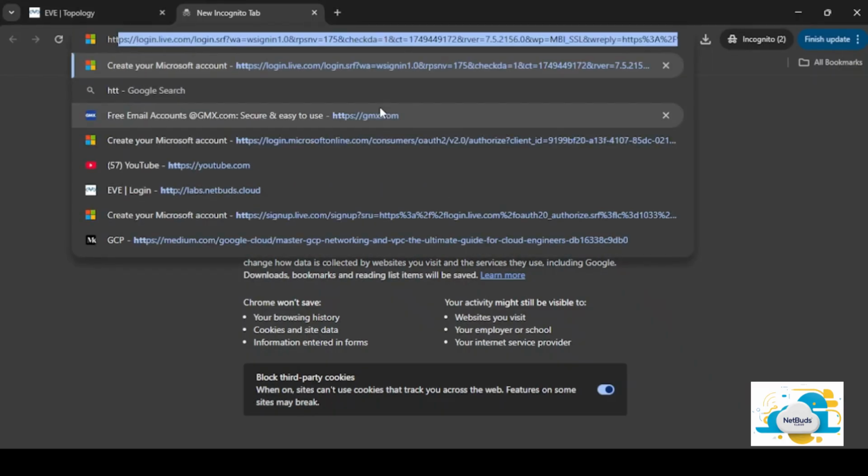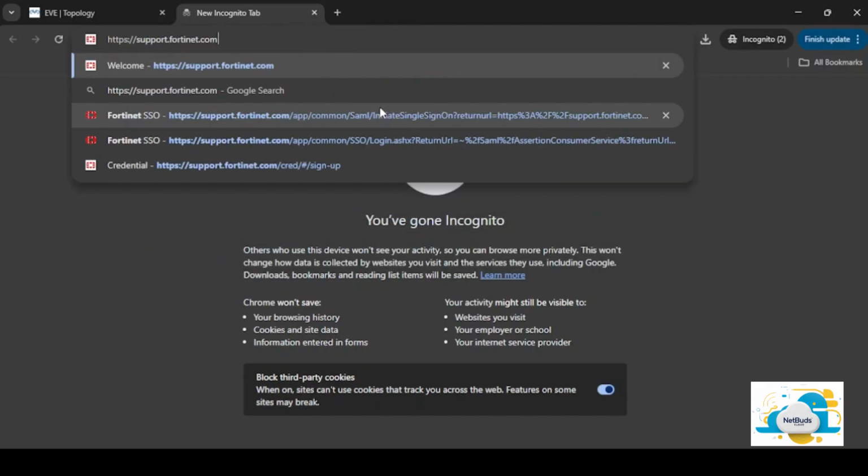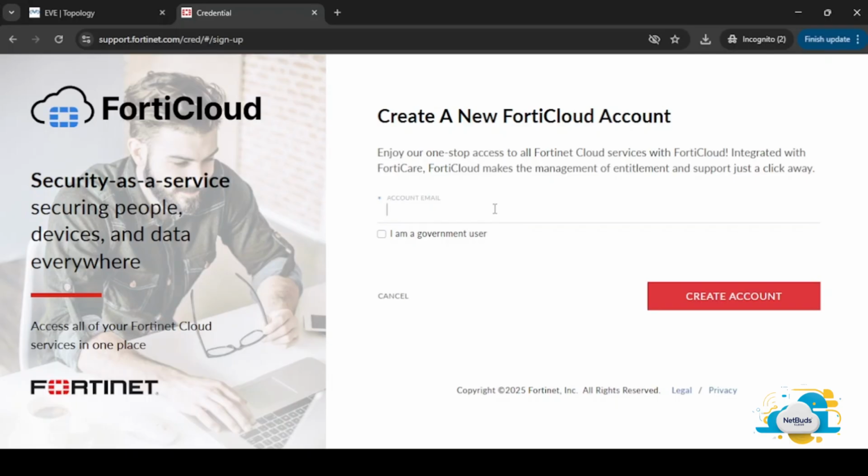So let's log into the FortiGate portal. First create an account at support.fortinet.com. Once you are on the FortiGate portal page, just click on create account and insert the email address, whatever email address you have. Let me enter my email address here,